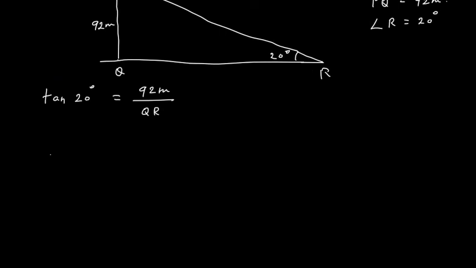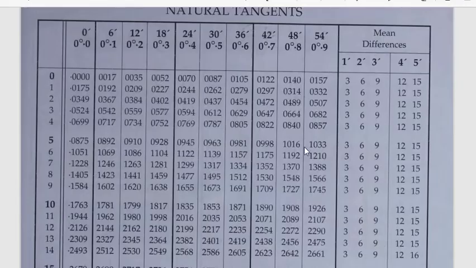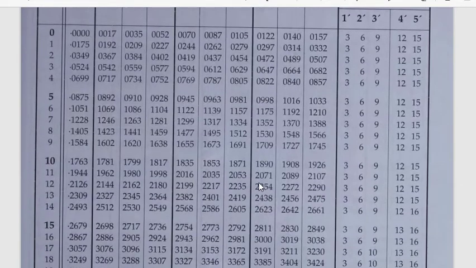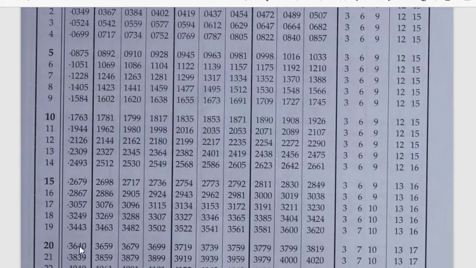So therefore now tan 20 degree you have to measure. What is tan 20 degree? Tan 30, 60, 90, 45, these values you know, but how do you get tan 20 degree? For that, if you see at the back of your textbook, there is a chart given for different angles of sine, cos and tan. So you can refer to that table, and from that table you can find the value of tan 20 degree. Here I am talking about this table. Okay, this is natural tangent and I have to find it for 20 degree.